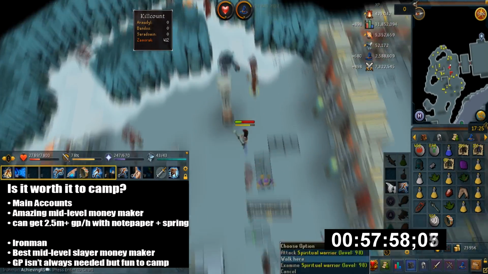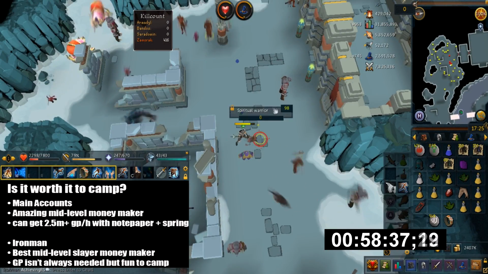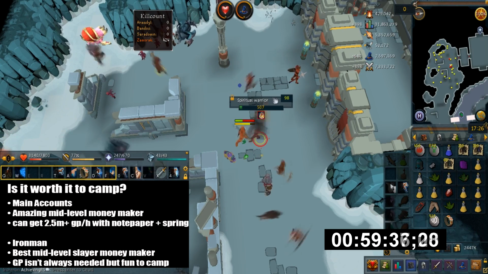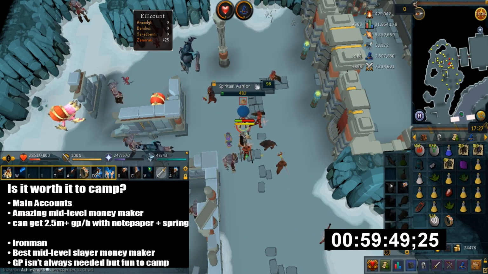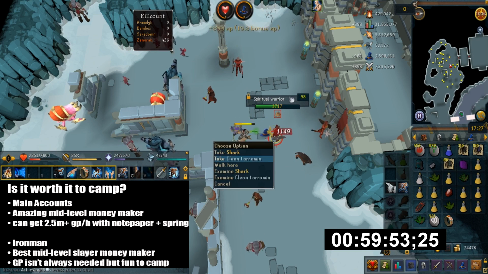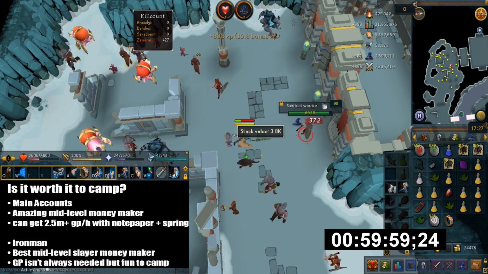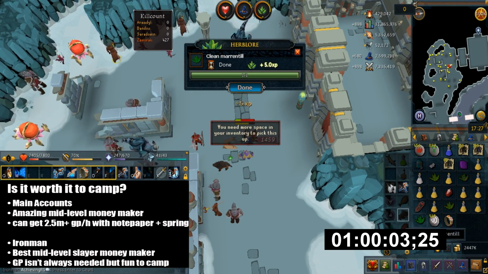And main accounts can probably make at least maybe 2.5 mil an hour, because you have access to notepaper on the super pots, so you can make a little bit of money, and you also get access to the spring cleaner, which is even better profit than just alching it itself. So for Ironman, it's like your best mid-level moneymaker for Slayer. Second best being Turoths. Although money isn't always needed, but grinding this out can be quite fun, especially if you're hunting for Ghost Hunter or War Priest